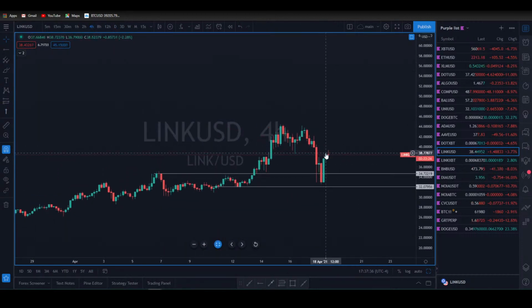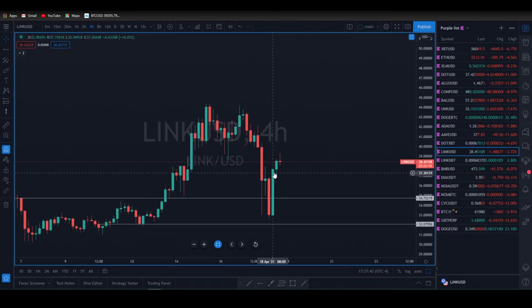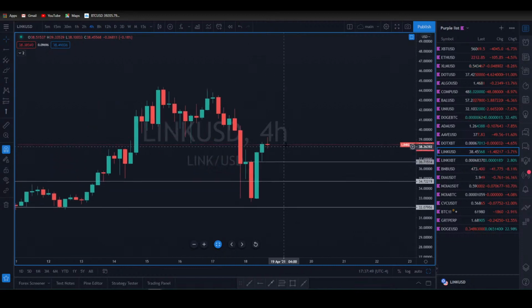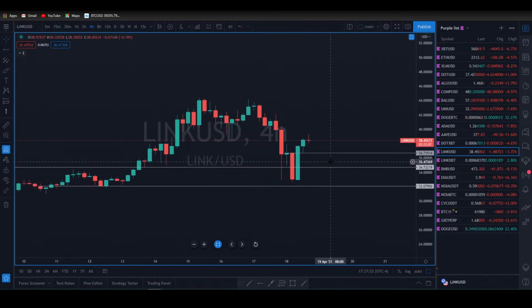On the 4 hour, you can see you've even taken out your 4 hour where resistance should have held. That bullish candle, it did not. So look for a retest of that level. This does look strong, right? You have to look for bullish entries if you're going to be looking for entries. If you're looking for a swing trade or a day trade, watch